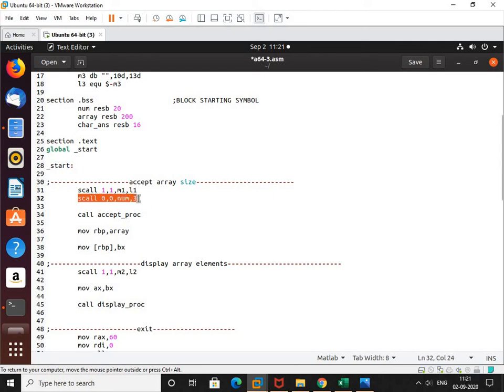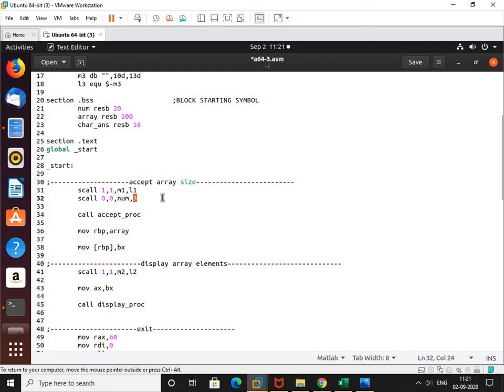Immediately after this, we are going to invoke the macro again for sys_read. Therefore I am using this first 0 for sys_read, second 0 for the file descriptor of the standard input device, that is your keyboard, and I am storing the number, whatever I am accepting, a 2-digit number, in num, right?